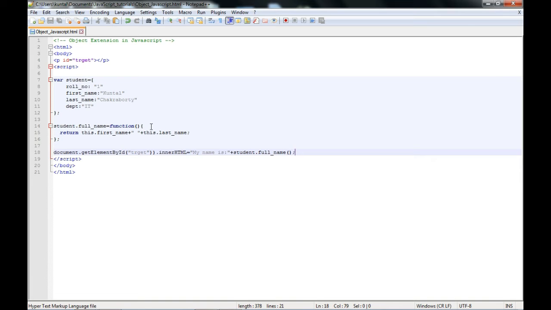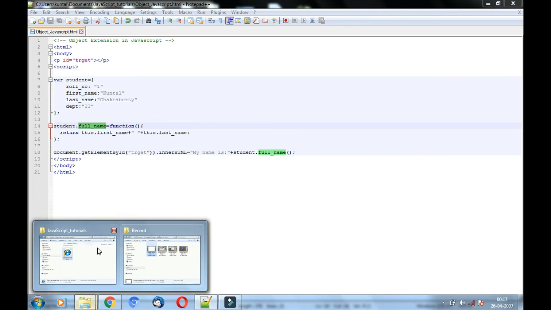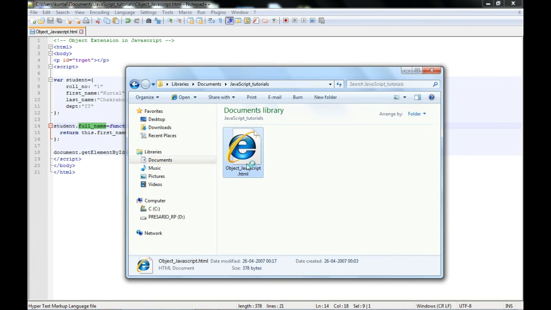So what will be my name? That is the object dot method name, student dot full name. So this is one way of declaring the JavaScript object.